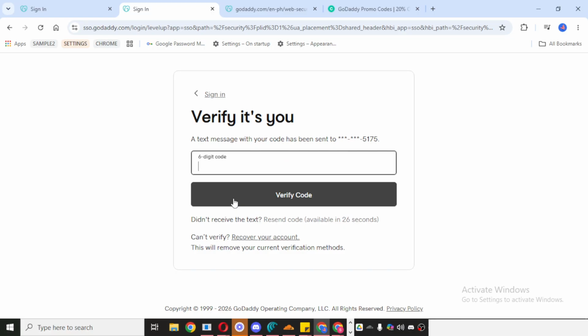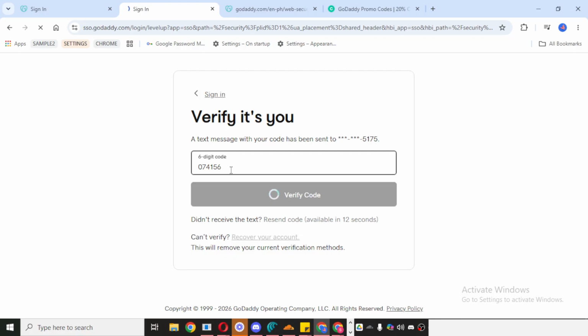In some cases, GoDaddy may ask you to confirm the change before it's fully disabled. If that happens, just follow the on-screen prompt to complete the update. It's a good idea to read the message on the screen carefully before confirming, because turning off two-step verification reduces the extra layer of protection on your account. This feature is designed to help keep unauthorized users out, even if they somehow know your password.